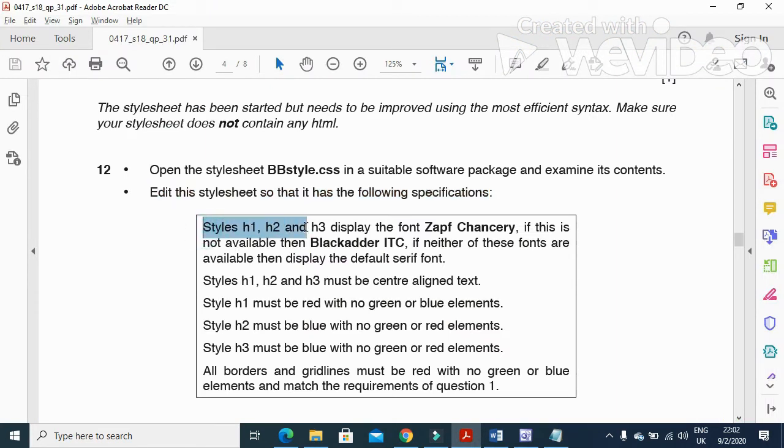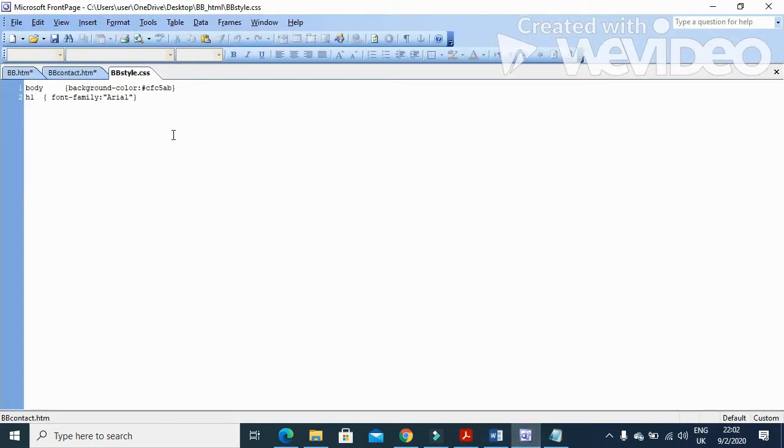Heading style H1, H2, H3 display with the Zapf Chancery font. If this is not available, then Blackadder ITC. If not available, then serif font for H1, H2 and H3 both. So I'm just going to click here, H1, and then I'm going to make the changes, comma H2, comma H3,